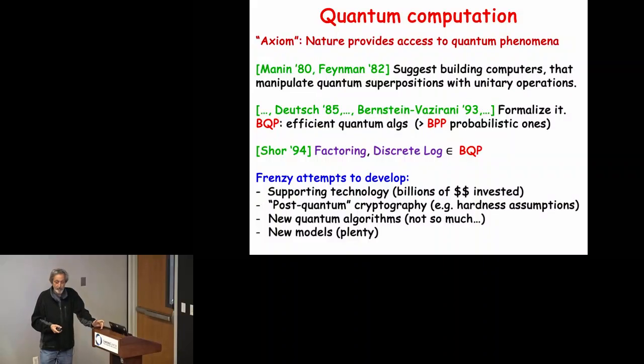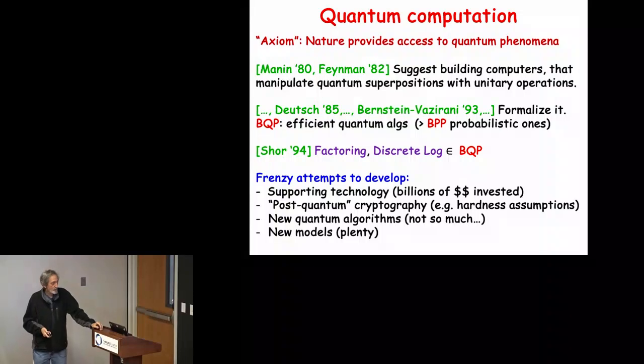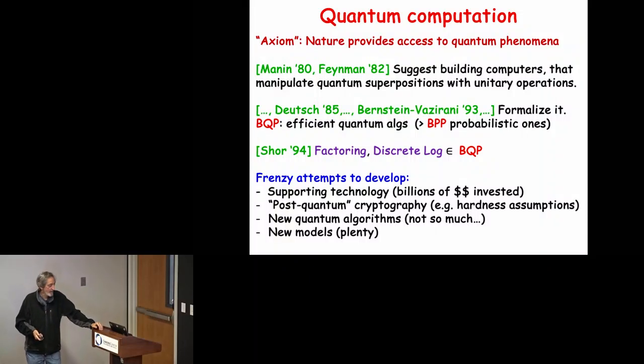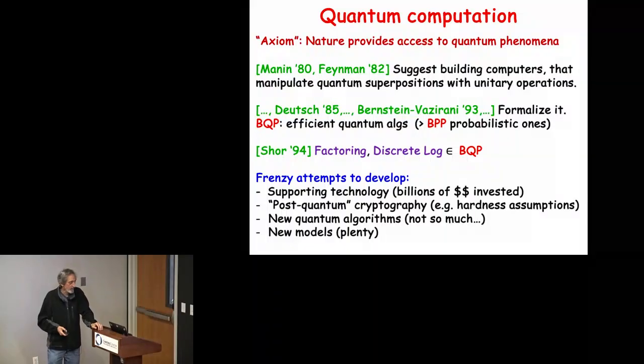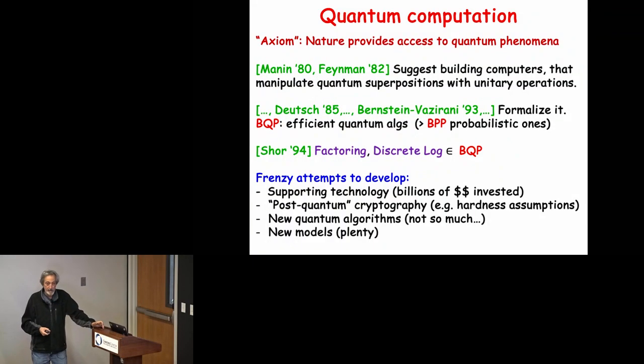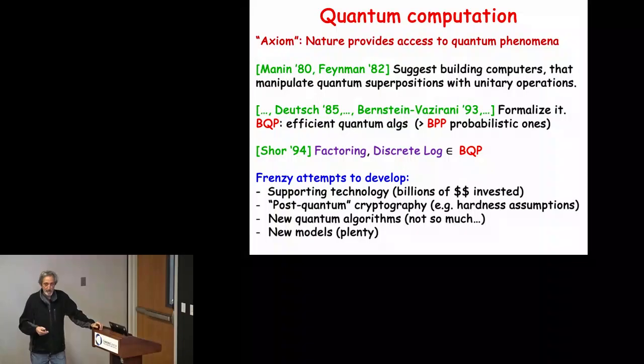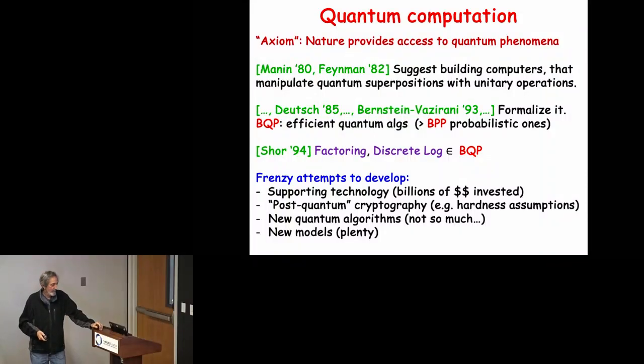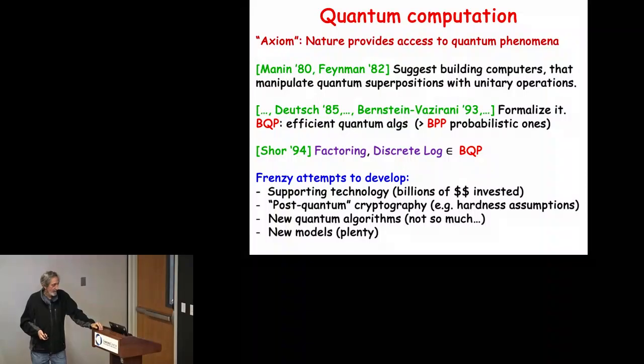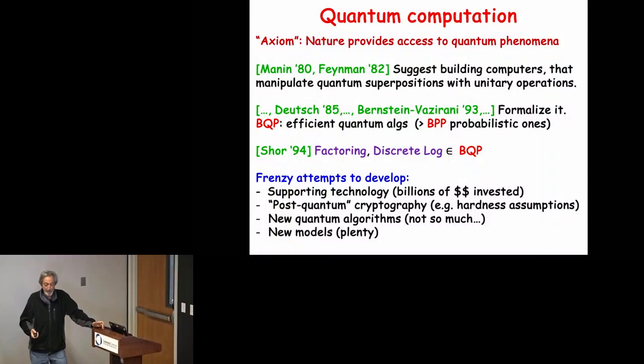People immediately, of course, tried to develop alternatives, since these hardness assumptions may not be hard anymore when quantum computers exist. We may want to protect our secrets with something else. So people are developing what's called post-quantum cryptography, finding other assumptions and replacing systems under these assumptions, like some lattice problems, for example. People are still trying to find new quantum algorithms, just to explore the power of this model. But what I want to focus on, as the rest of the whole talk, is new proof systems.